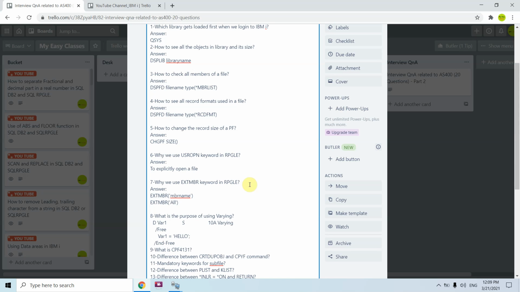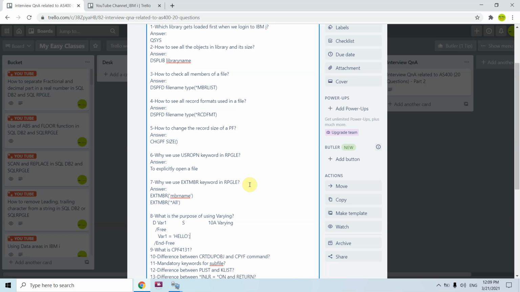Basically this is to override that member and process that member in our RPGLE program. So let's say if a file has two members, member 1 and member 2, and I want to process only member 2, then I would be using the member name here, not *ALL. Or in case I want to process all the members, I would be using *ALL.